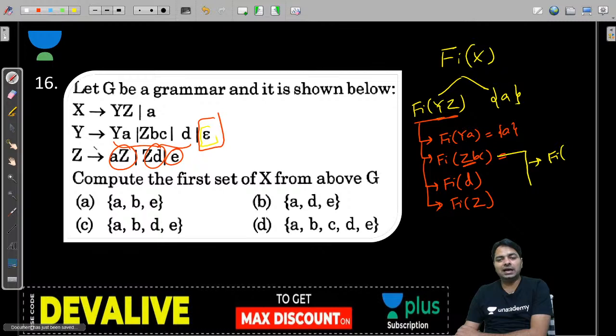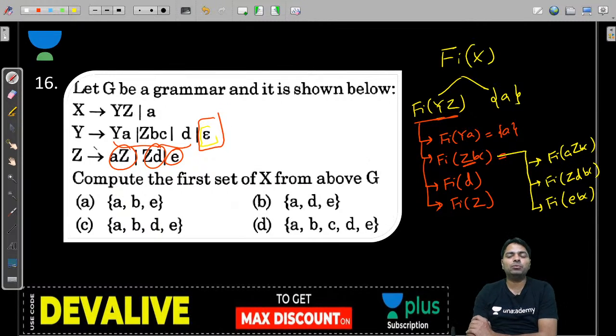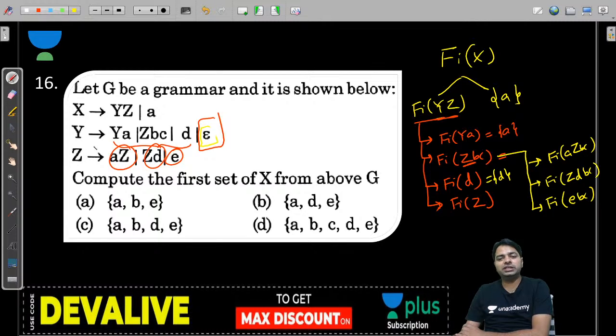For Z you will have AZBC, and first of AZ will become ZDBC. You can do this by understanding very quickly, but I'm trying to help those people who are not good at first calculations. And look at that, D is D, everybody knows, but for Z you need to look at Z. Already we are looking at the same, right? So this gives A, and Z always gives something, so you can ignore that.